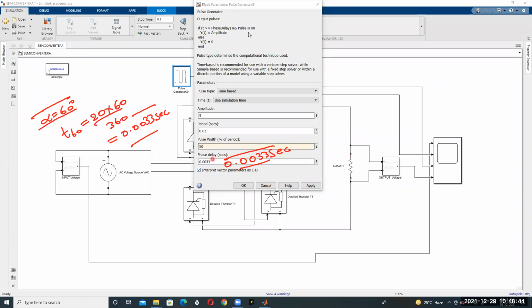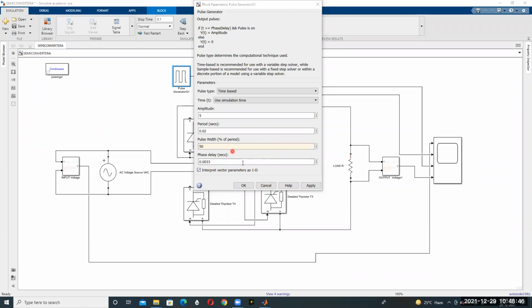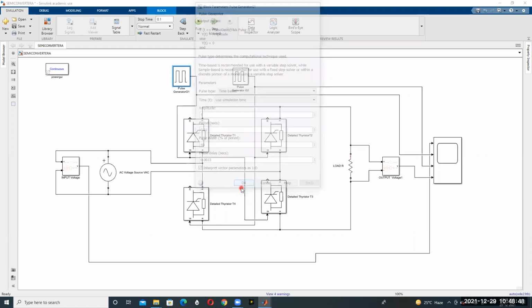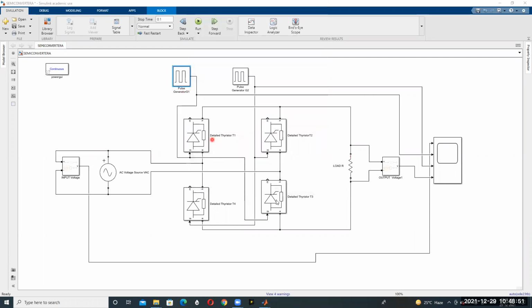So we give the triggering pulse for thyristor T1 and thyristor T3. T1 and T3 are connected to pulse generator 1 and pulse generator 3.